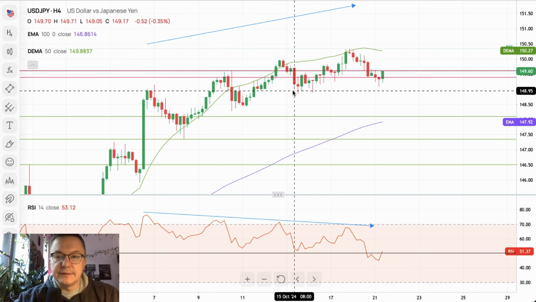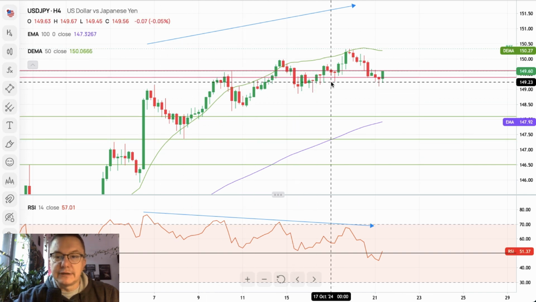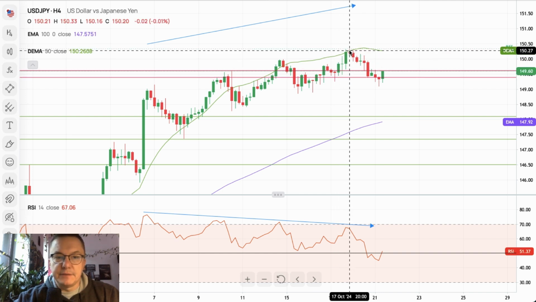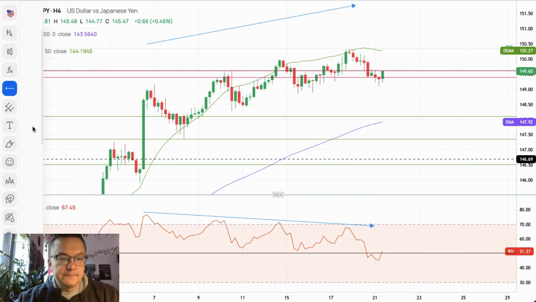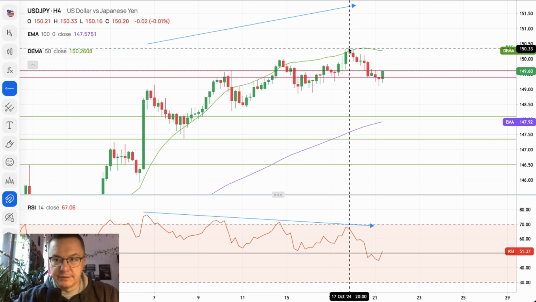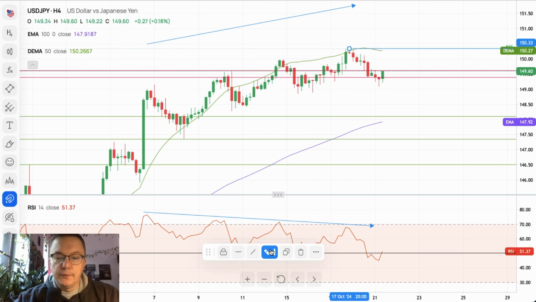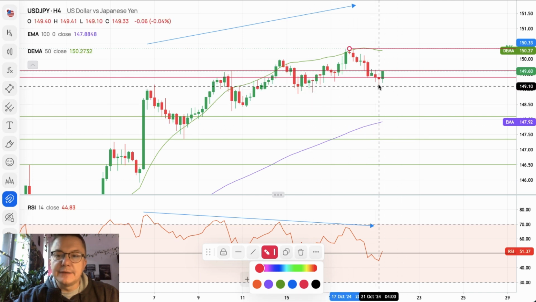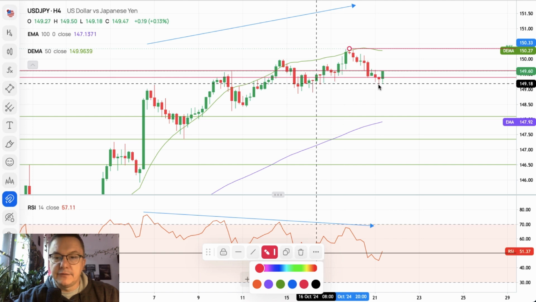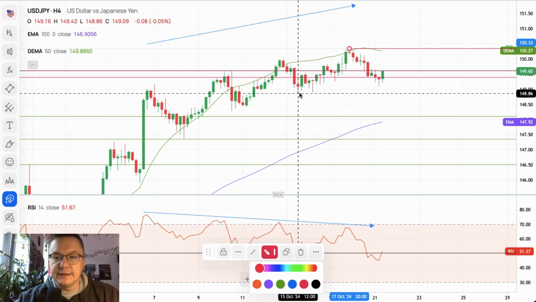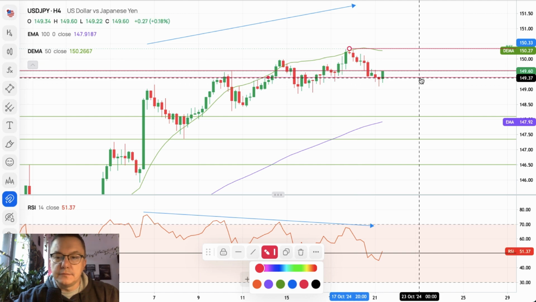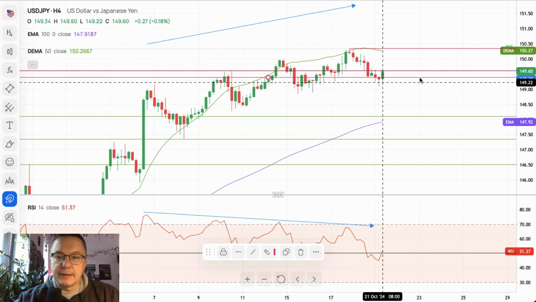Maybe that's why we didn't see the movement to the downside yet, because we still need to wait. The market likes to test the 50 periods moving average, 150.26. A local high was made here at the level of 150.34. So that's the technical resistance, and of course the levels of 149.10, 148.90, 148.86 will now be used as the levels where the bulls are active, and they will be buying the